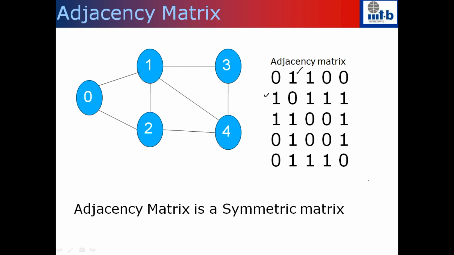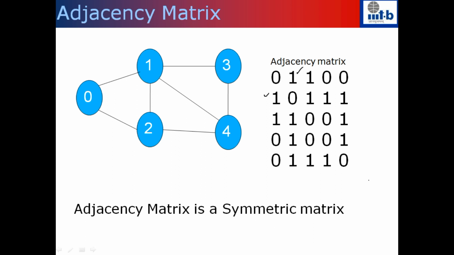So this is a very simple way of representing graphs, but the only problem with this representation is that it takes n square space if you have to represent a graph with n vertices. Now it all depends on the value of m. If m is order n square, then we obviously need order n square space to store all the m edges. But imagine a situation where the graph is sparse, that means m is order n.